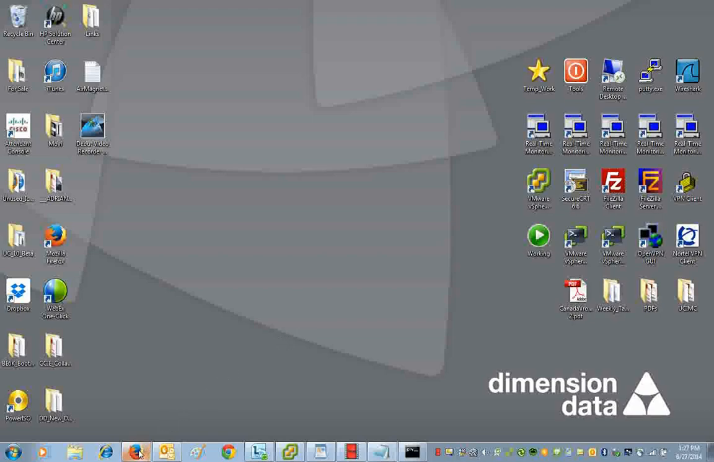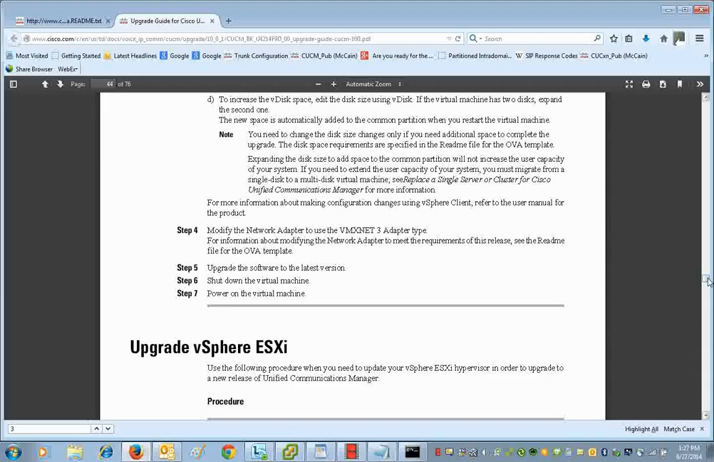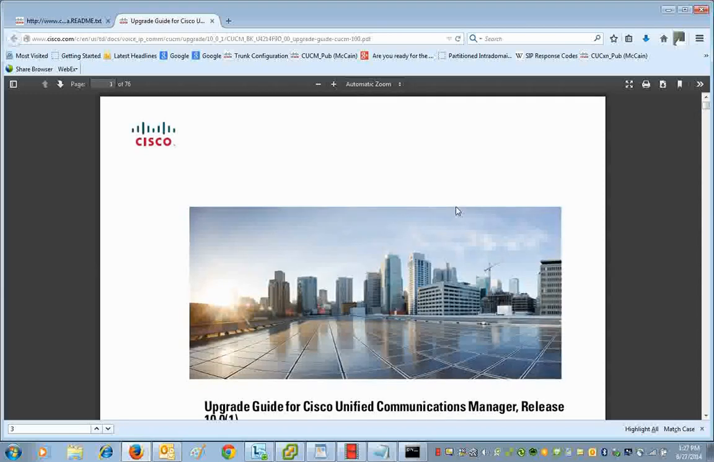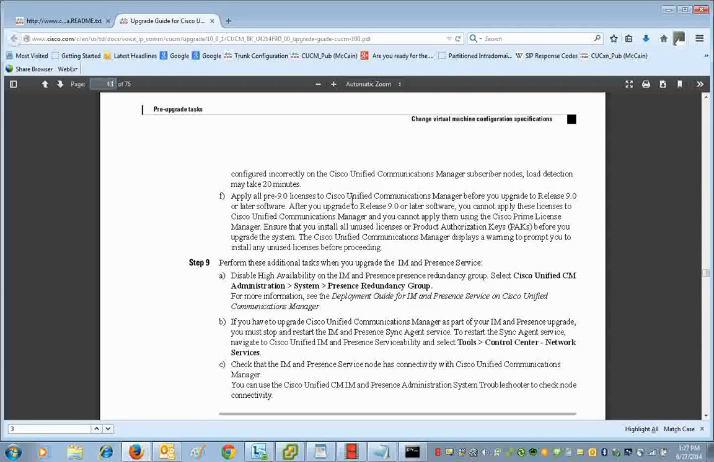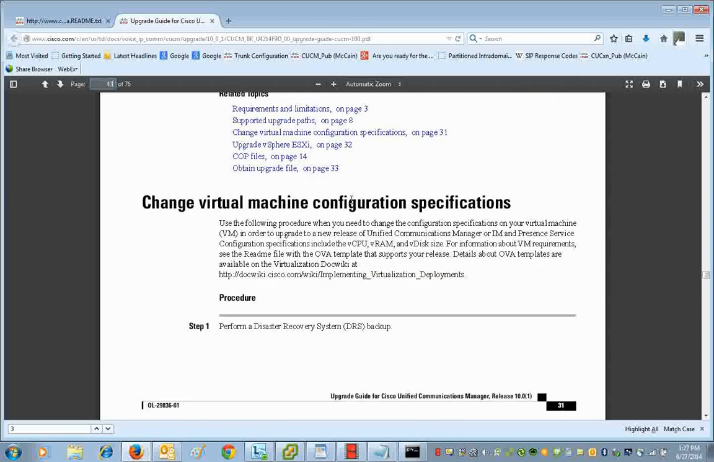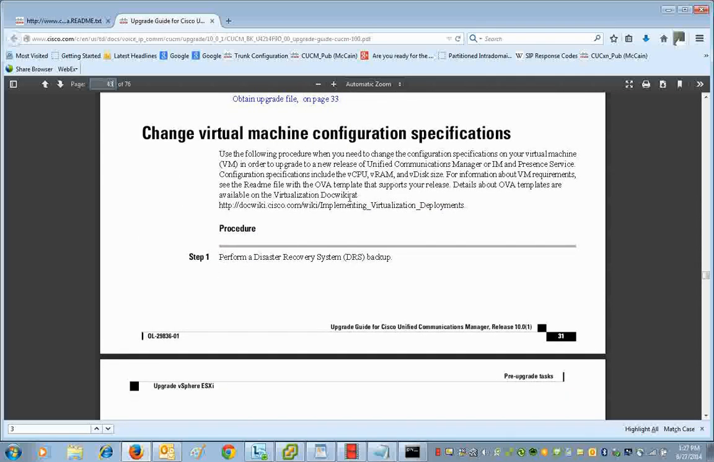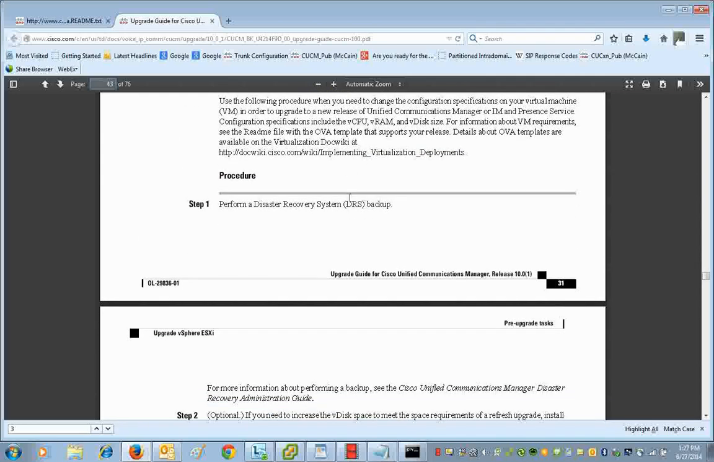For that purpose, you will find out from the documentation, and I have here open the upgrade guide for CUCM 10.x on page 43. So if you go to this guide, you will see that there are some virtual machine configuration changes that should be done,